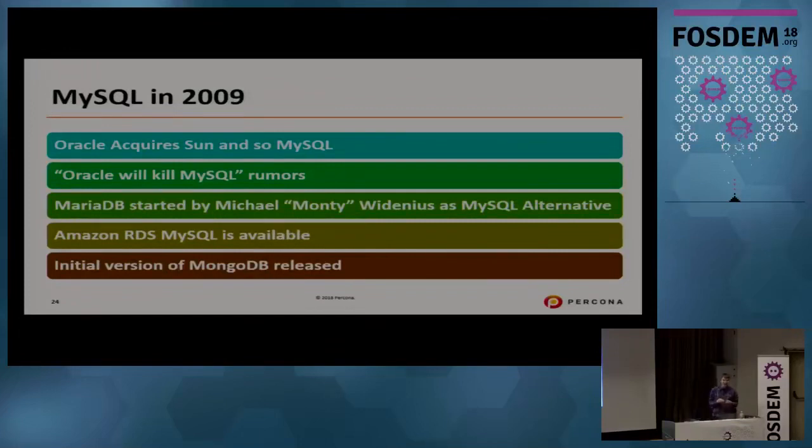Yet to see. Monty started his second database company, MariaDB, at that time, or the MariaDB project, right? The company had a different name, to ensure the future of MySQL and to have an independently run MySQL alternative. That is also the date when Amazon RDS for MySQL, the first database as a service, became available. And also that is when we get MongoDB, which I would say is the leading NoSQL database, first released.